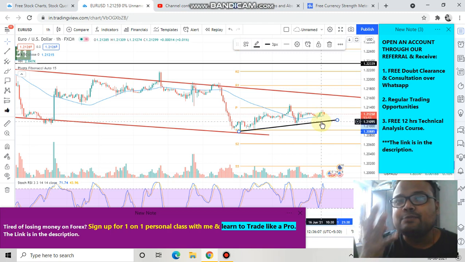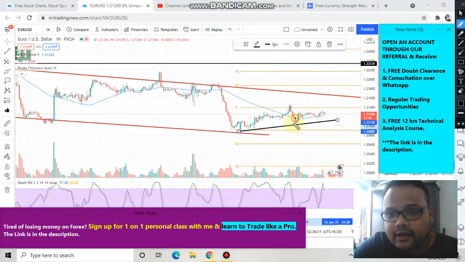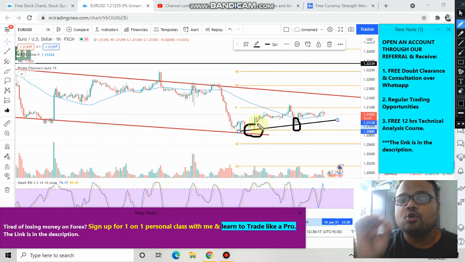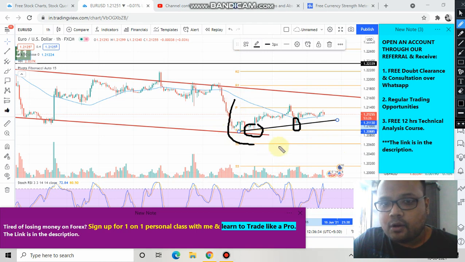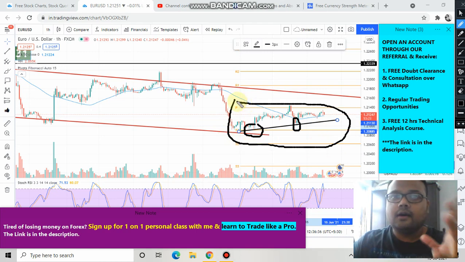If you see that price is bouncing, just like previous instances when market took support at the trend line, if you see market taking support at this support level and bouncing off, you can also go for a buy order. But do remember, do not expect much profit, because the overall chart is not that good. There is not much volatility, but if you buy at this trend line, you can expect a profit of at least around 25 pips. So this is a small trading opportunity or quick profit opportunity that I just shared.